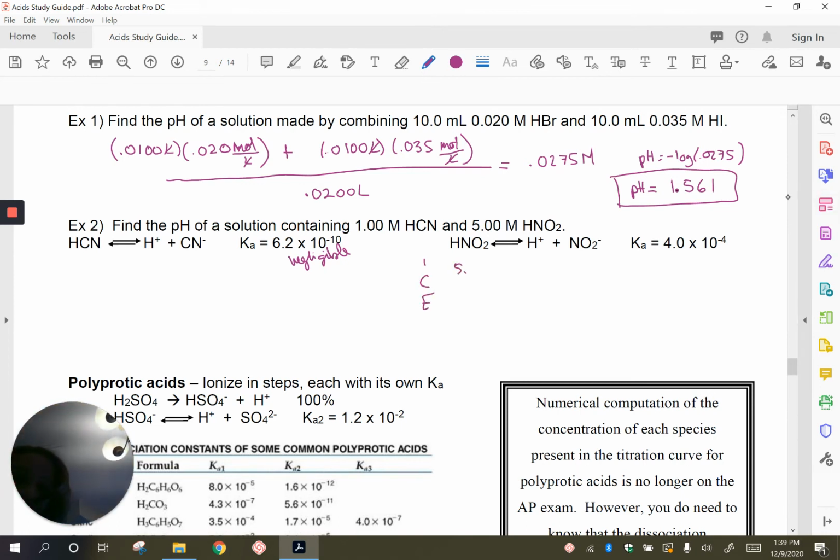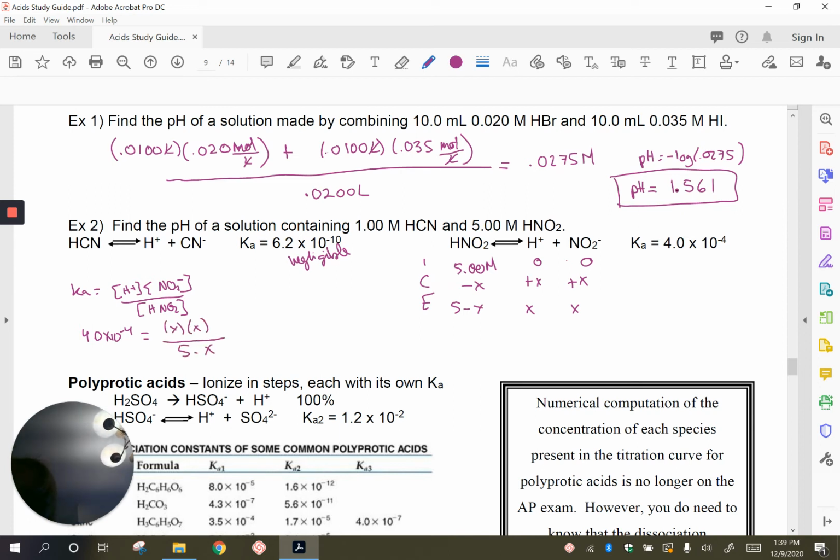Initially, this is 5.00 molar. 0 and 0, minus x, plus x, plus x, so 5 minus x, x, and x. Then you'd say Ka is the concentration of H+ times the concentration of NO2 minus over the concentration of HNO2. My Ka is 4.0 times 10 to the negative 4th, so x times x over 5 minus x. And x ends up being the H plus concentration